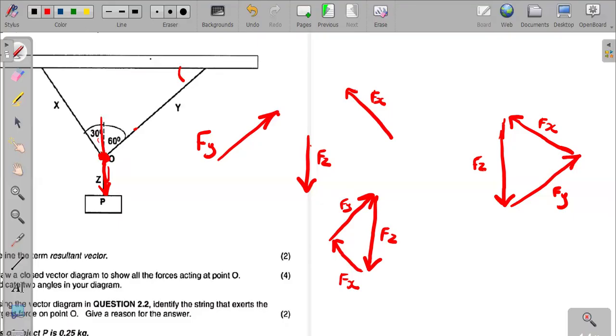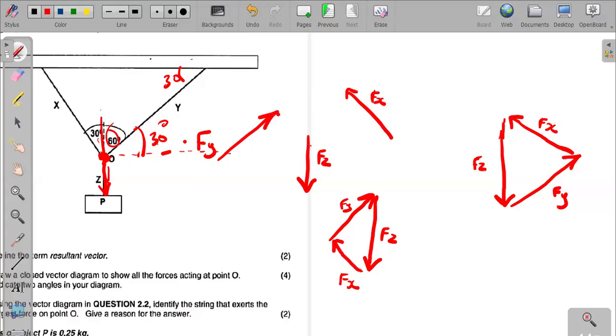Say this angle is 30, assuming it's 30 degrees. How would I find this angle here? What you simply do is draw a line here. Then you will know that this 30 is equal to this angle, 30 degrees. Why? Because these are alternate angles between parallel lines. The horizontal and the roof or the ceiling are forming parallel lines. So for that reason, this one becomes 30 and the other one becomes 30, which means this whole